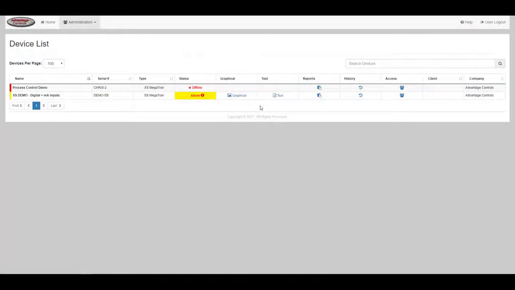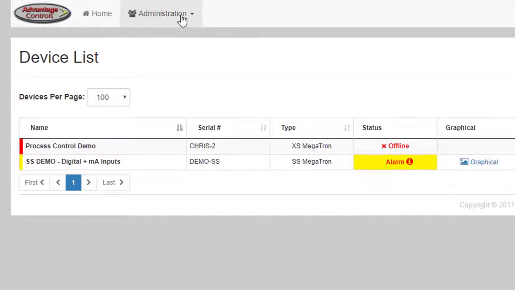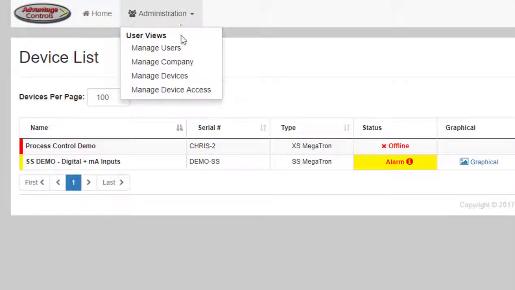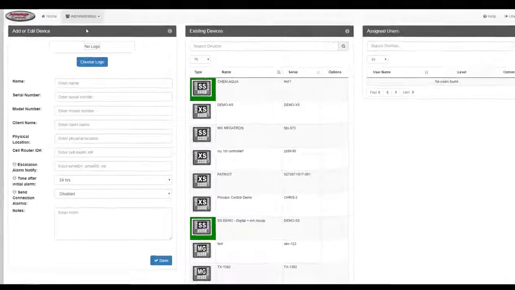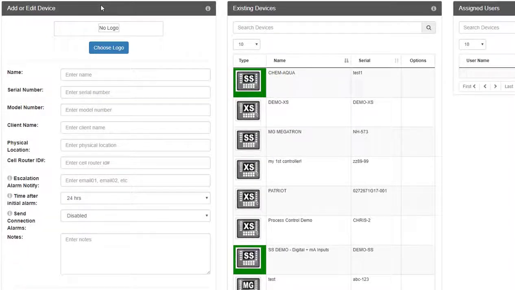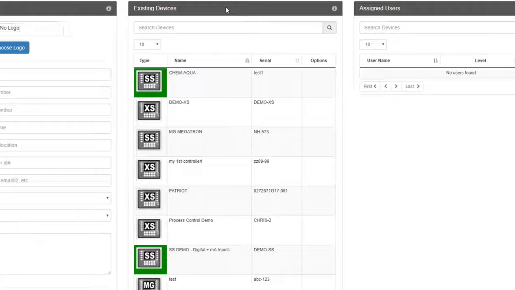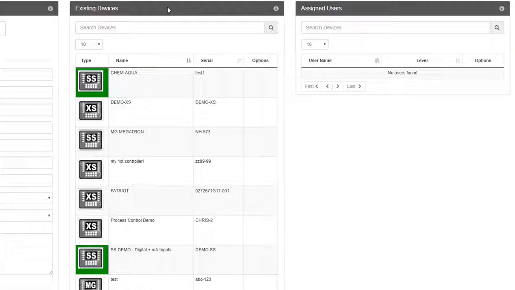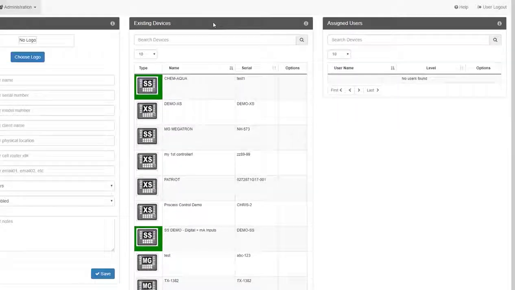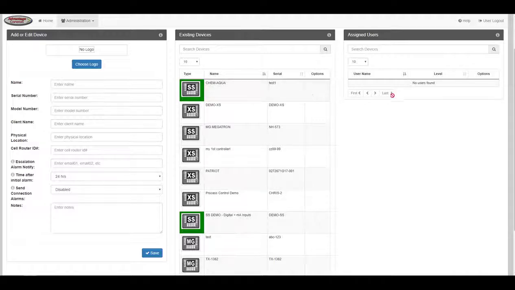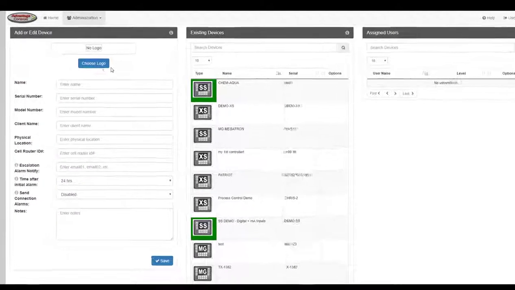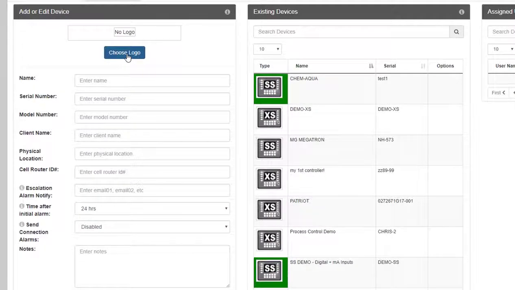From the Administration pull-down, click on Manage Devices. On this page, you'll notice the Add or Edit Device, Existing Devices, or Assigned Users to a device. In the Add or Edit Device section, you'll need to enter a logo if you choose, a name, the serial